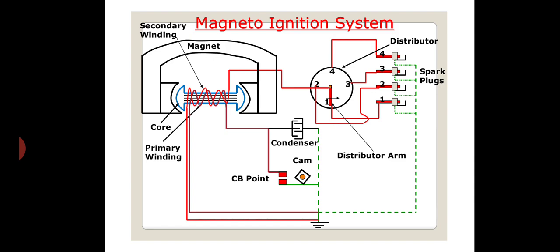Now we are going to discuss the working principle. The principle of working of this system is similar to the battery ignition system as explained in previous lecture, except that the magnetic field in primary and secondary winding is produced by the rotating permanent magnet in the armature. In this system, as the magnet revolves, a rapid change in the magnetic flux in the coil takes place. Magnetic flux varies from a positive maximum to negative maximum and back again. This rapid variation of magnetic field induces a current in primary winding of the coil.